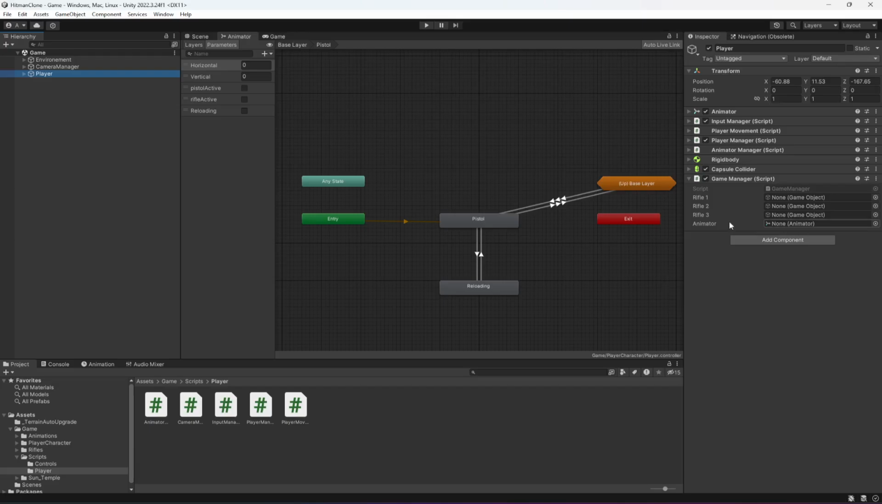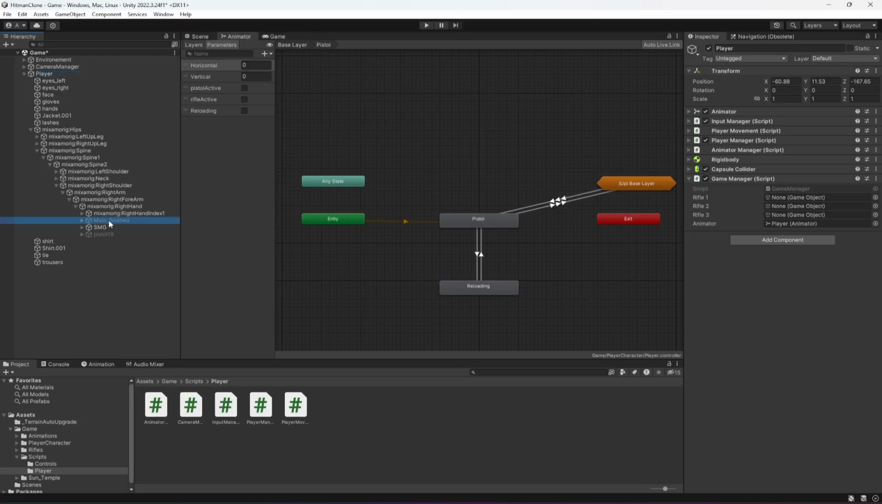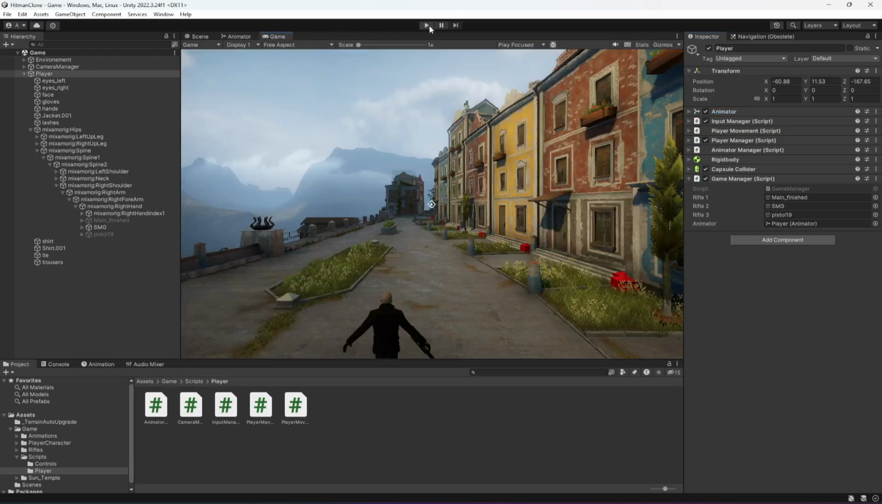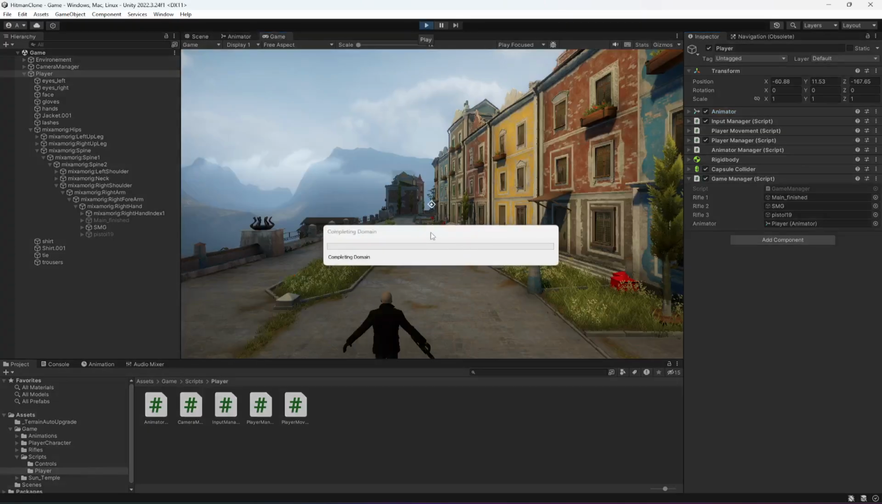Now if we get back right here, we need to add the animator in there and then our three rifles. So if we open up player, then hips, then spine, spine 1, spine 2, right shoulder, right arm, right forearm, right hand. In here we have the first rifle, then the second one, and then the third one. So now as you can see, the second one is active by default, but now if we go ahead and play the game,